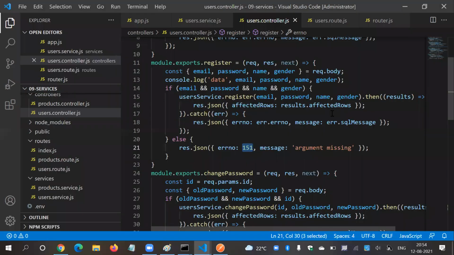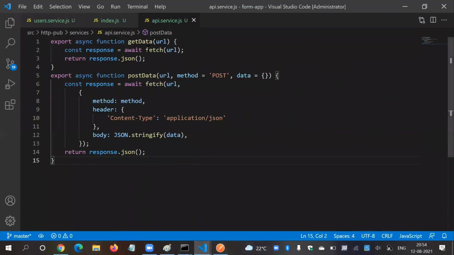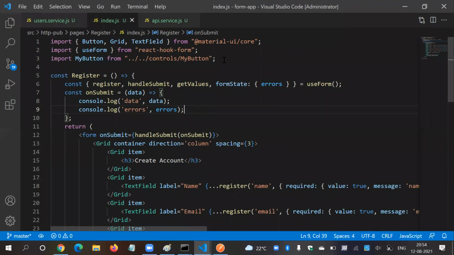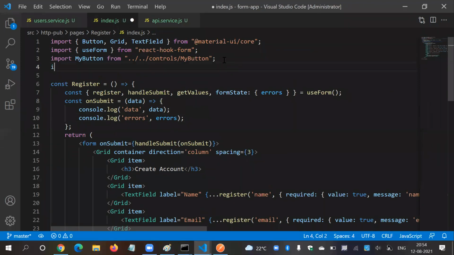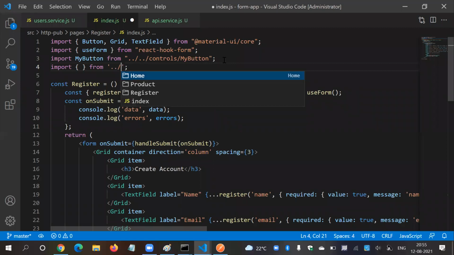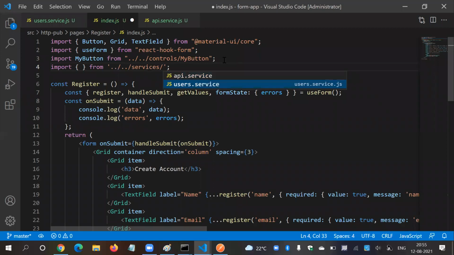So let's try. Let's minimize this and go to our index file. Here mention specifically import in brackets from, double dot slash services slash user services. What do you want? You want the register method only, register.